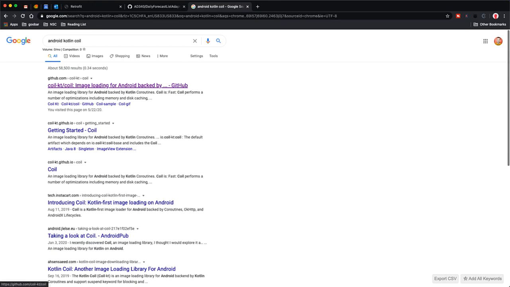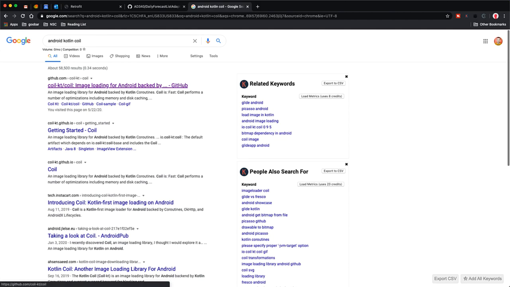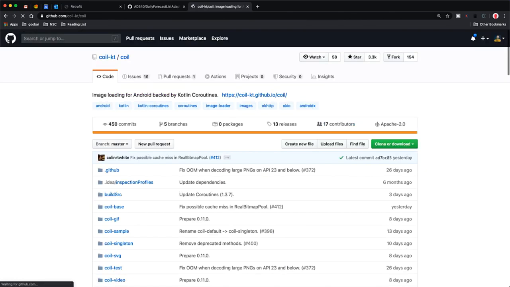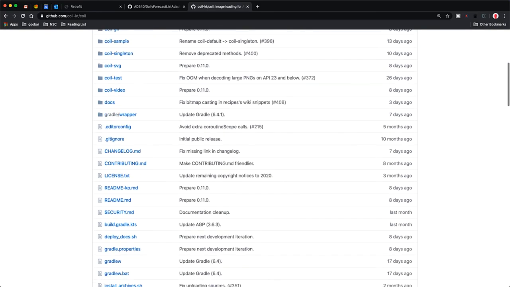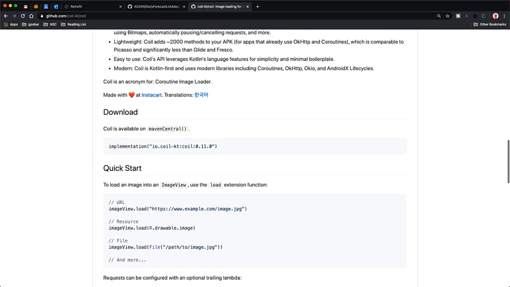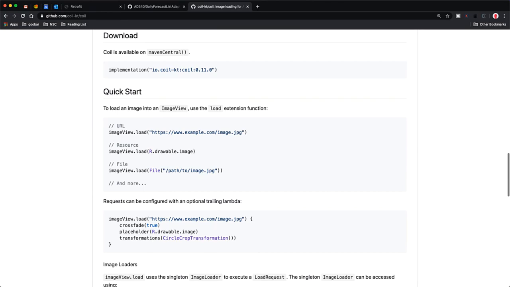And we should see this Coil-KT, image loading for Android backed by Kotlin coroutines. So this is the image loading library we're going to use. And we can see here, it shows you right at the top the implementation line you need to add to your build.gradle file. So I'm going to copy that,